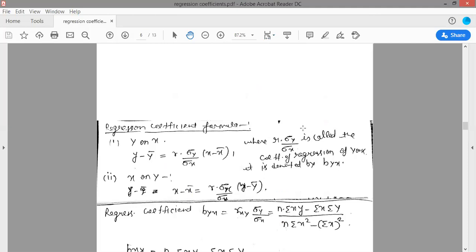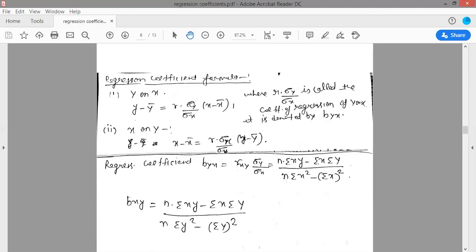So we know that there are two regression lines that are linear lines. The first one was y on x and the second one was the x on y line, right? I have already discussed the regression lines y on x and x on y by the method of least squares. Suppose the method is not given in your question, and it only says to find the two regression lines and the data is given, then you can also find your regression lines by this method.